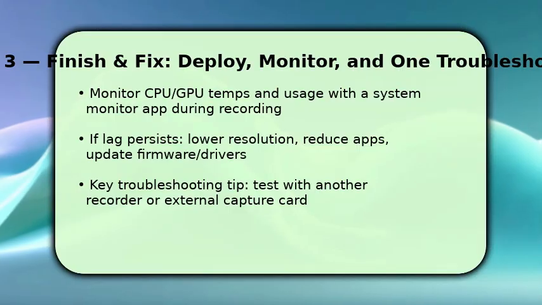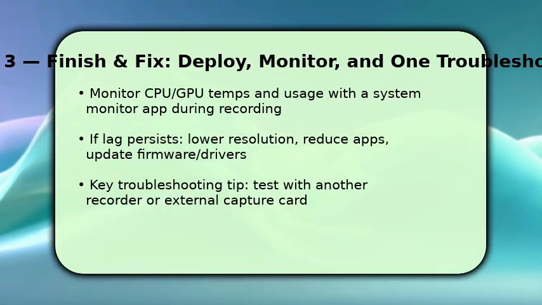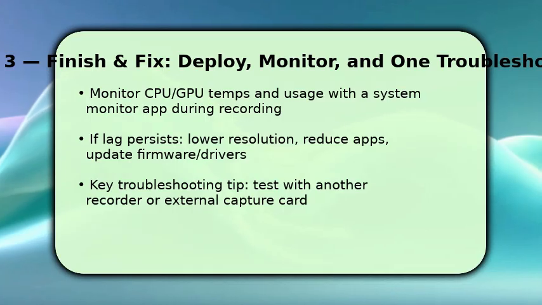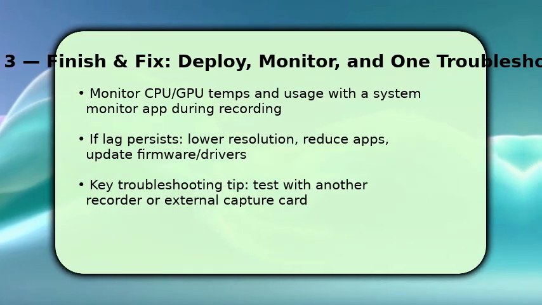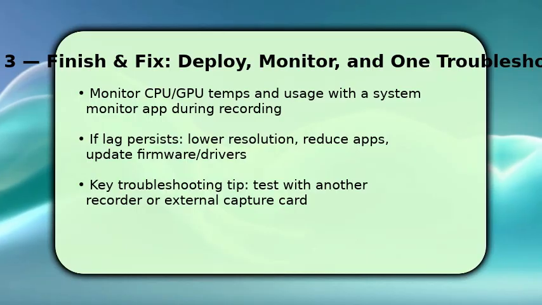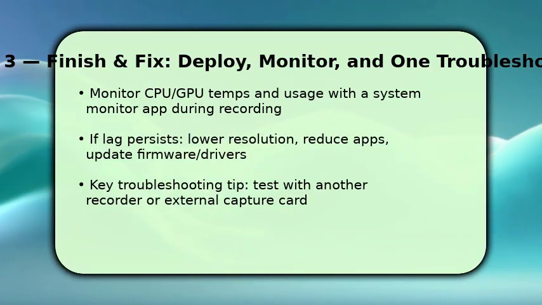Run a system monitor while recording to watch CPU, GPU, and temperature. Thermal throttling explains sudden lag. If you still see stutters, lower resolution or FPS, close more apps, and install any available firmware or app updates